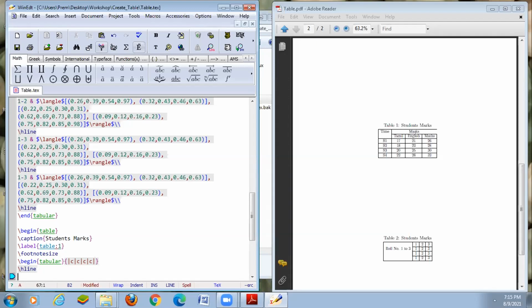So for that, another type of coding is done. In the first cell, you have to display it for that time, as usual, using the ampersand symbol. So the second column, and then the second element, third element and fourth element are merged for that marks list. Okay. So therefore, we can use \multicolumn.